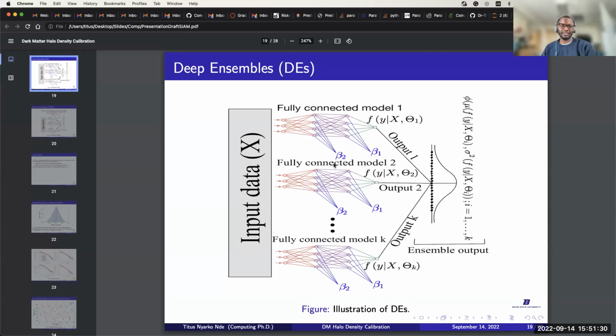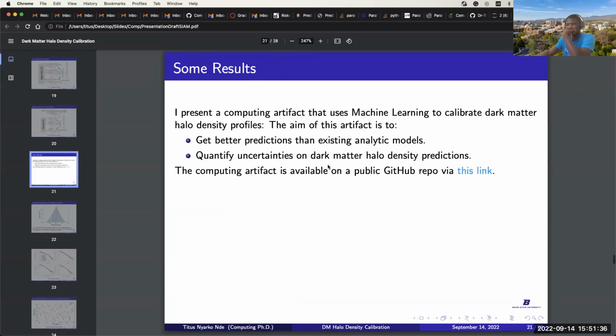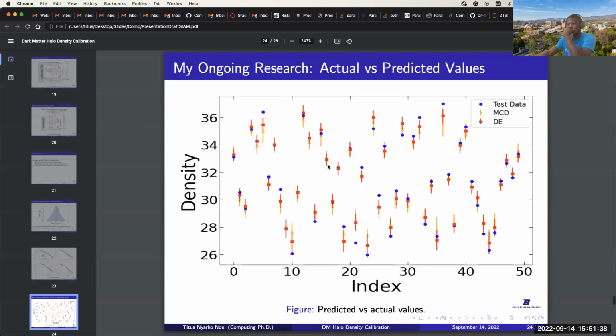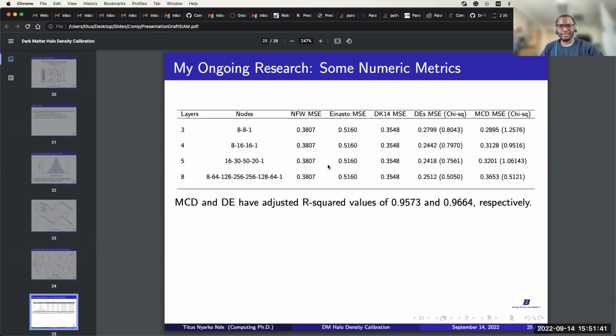Okay, thank you. Maybe just another last question, on slide 25 on the accuracy. Yeah, so I can see, is it Einasto? Is that the one which is more robust in the quantification? This is actually the MSE, the mean squared error.